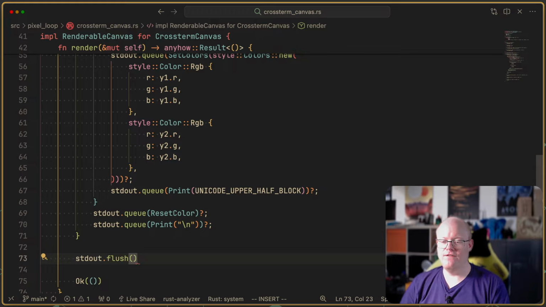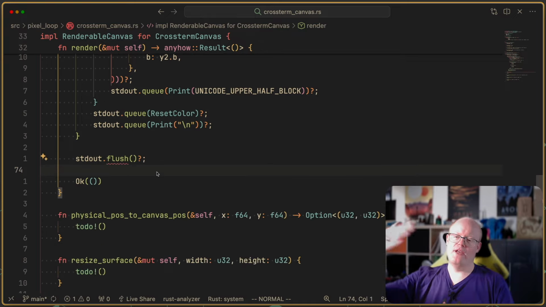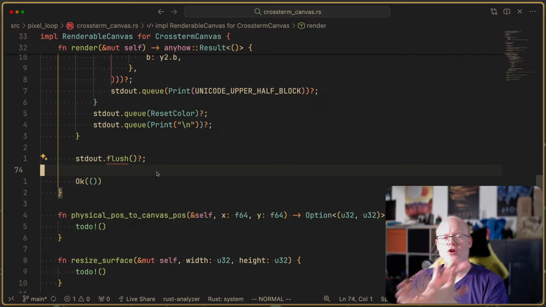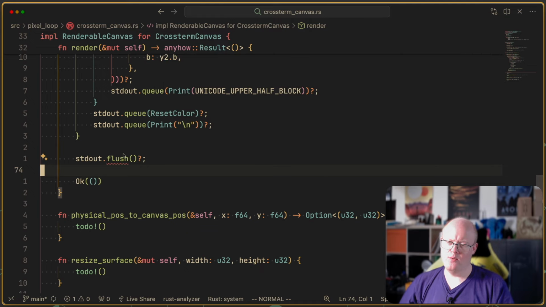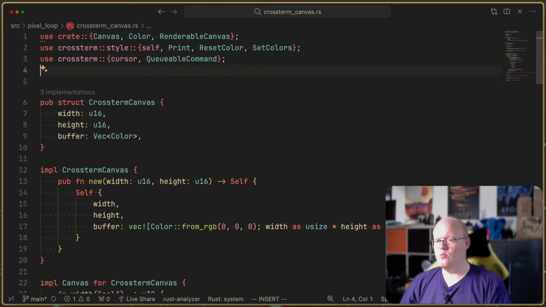Okay, and once we are finished with our frame, completely finished, I guess we should stdout flush. Because we want to make sure that after each frame has been printed, we empty all our buffers and have it printed on the terminal screen. And why is this not working? Not found, stdout. Okay, I guess we need to import